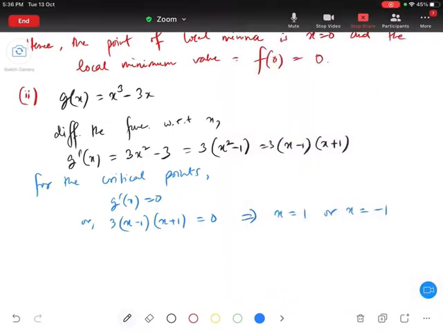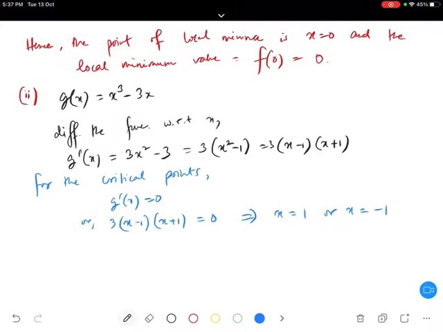Now listen very carefully. Now we are not going to do that number line thing. Now we'll learn a new method, that is the second derivative test. So first we have done the first derivative test, that is differentiating first. Now write down, by the second derivative test. I will explain this after doing this one. What is the second derivative test, and what's the main reason we are doing it?